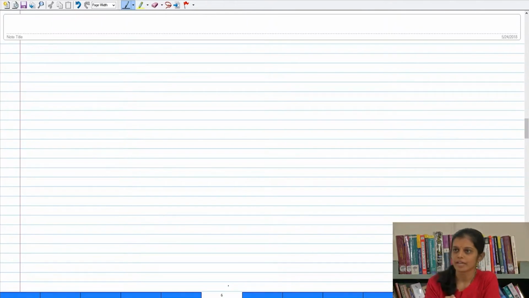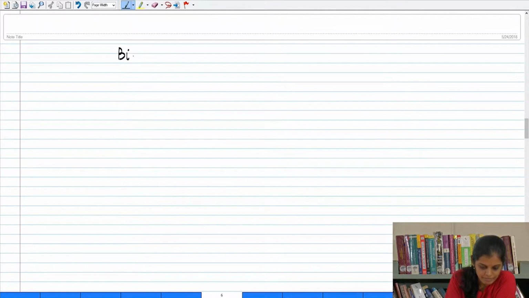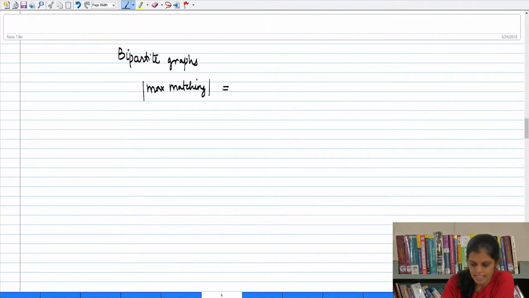So we will continue our discussion on network flows, bipartite matchings and some related things in this class. And in fact you have already seen this inequality, that is for bipartite graphs. You know that the size of the maximum matching is exactly equal to the minimum vertex cover, MVC, right. So the size of the minimum vertex cover and the size of the maximum matching are exactly equal in the